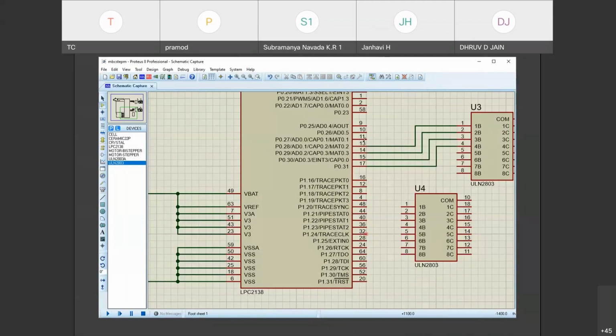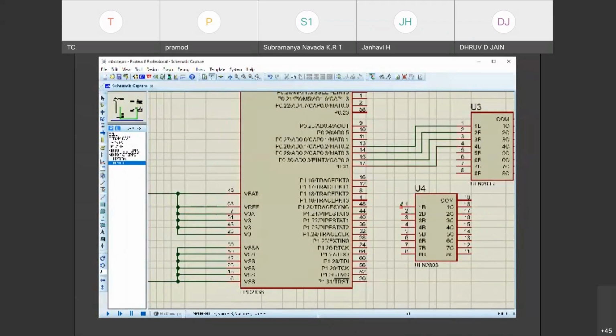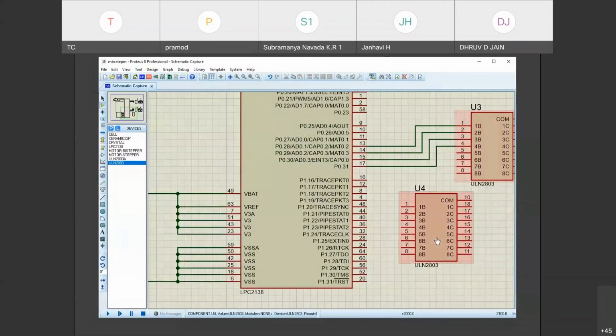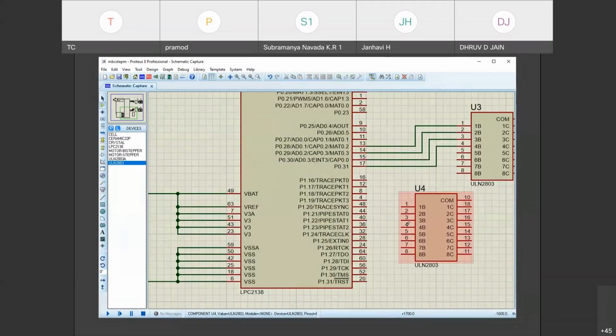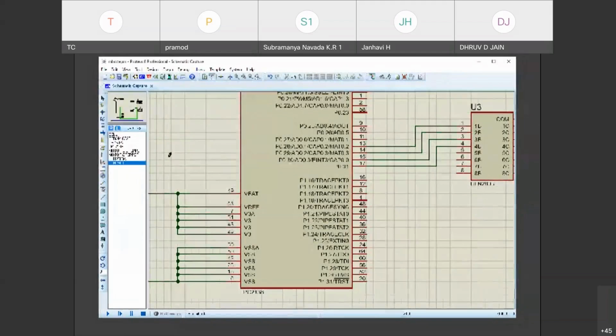Once you click, how to connect? Take the 4 pins which I have connected here, 13, 14, 15, 16 to 1, 2, 3, 4. That's what I did here. Out of this, pin 10 COM is connected to plus 5 volts, and 18, 17, 16, 15, these 4 pins are outputs. Because I have given 4 inputs, the 4 outputs should be connected to the motor. So how to connect to the motor?